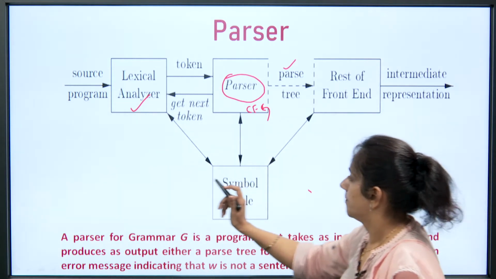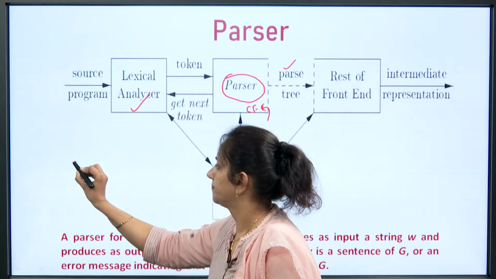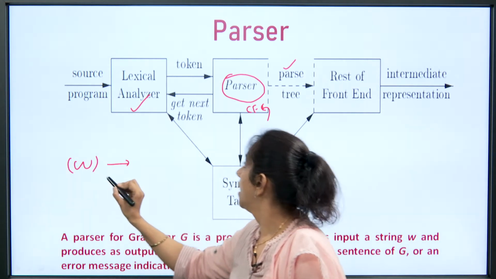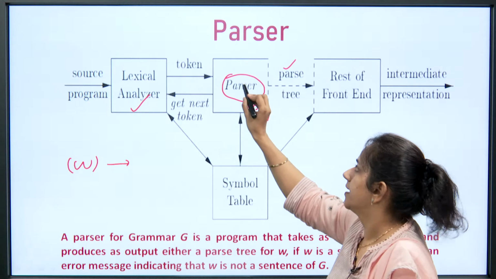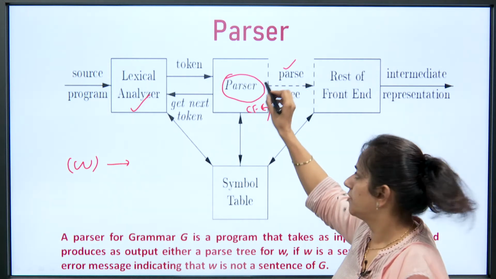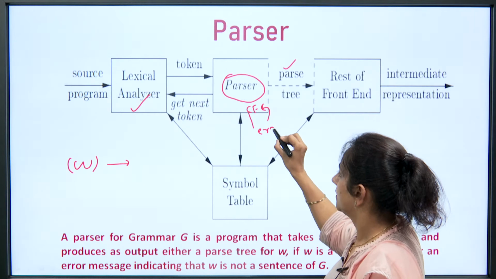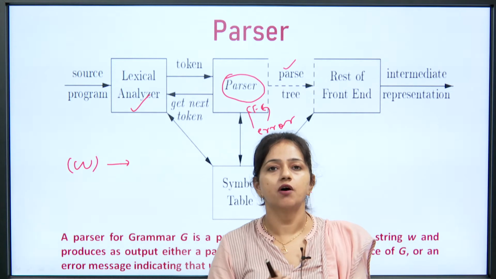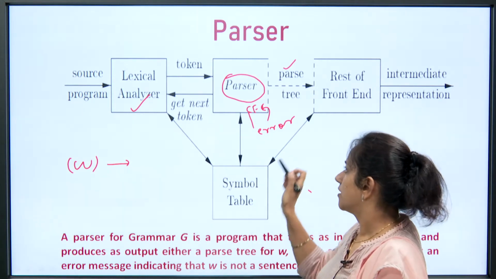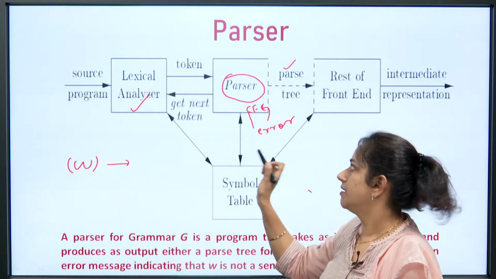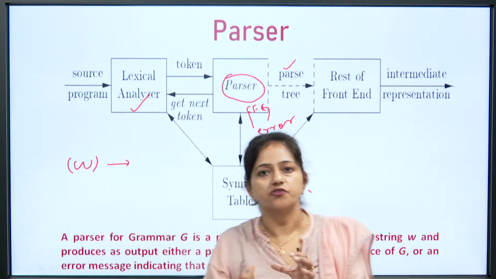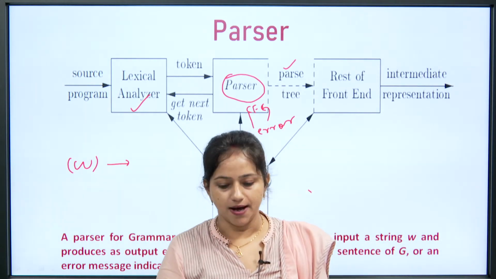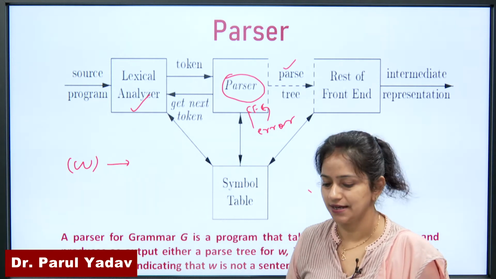Now, we are giving some input to the compiler, or this is the whole program we can say, and if it is grammatically correct, then the parse tree will be produced, and if it is not grammatically correct, then the error handler routine will prompt the user with an appropriate informative error message, so that the user can take corrective measures, and the program can be improved. After the improvement, again the program will be sent to the parser, of course after doing the lexical analysis.